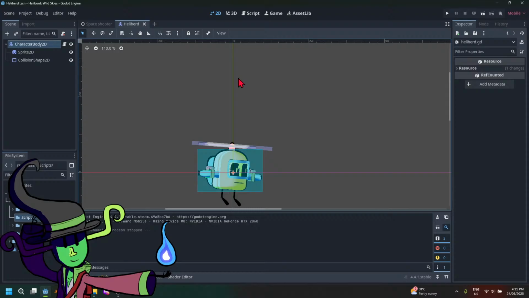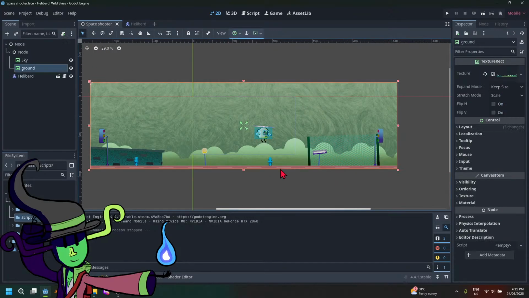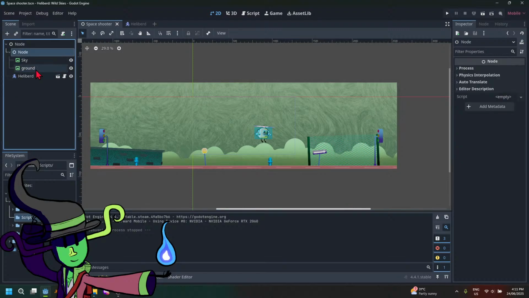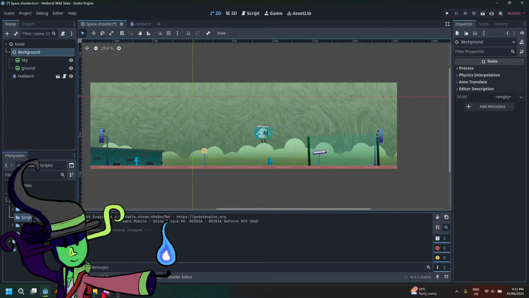And then I go down to here. Okay. I'll call this the background stuff. Background. And let's make a new scene out of this, because I feel like I'll need to make a new scene out of this. Save branch as. Okay, wait. Before we do so,